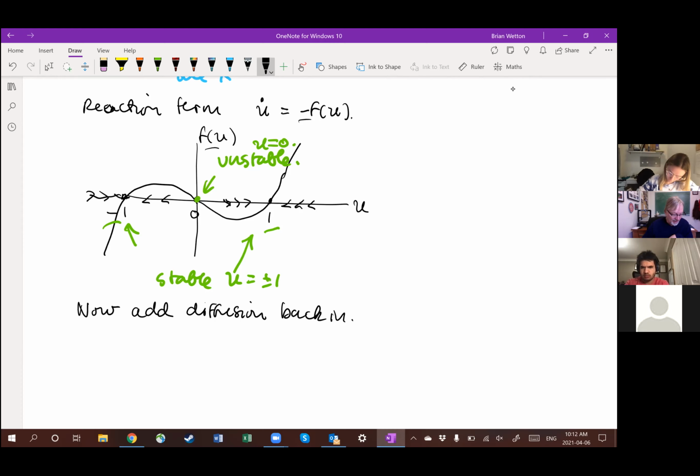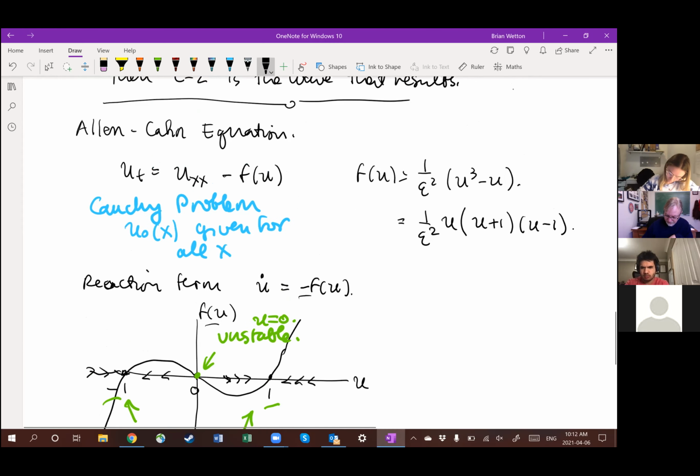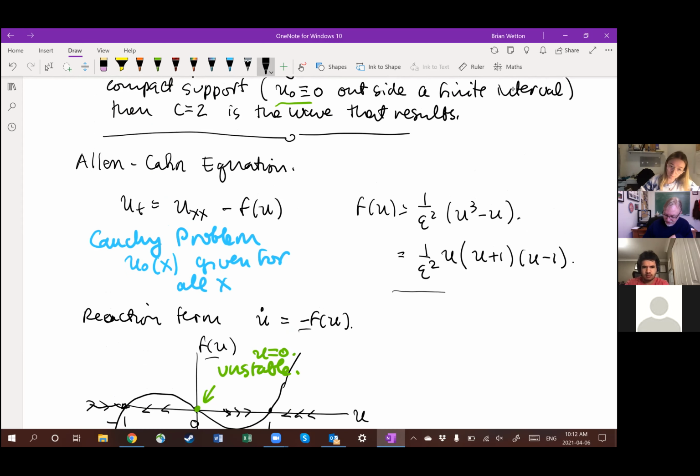Okay, and if you think about it, this reaction term is scaled to be really big. Whenever you see an epsilon, in applied math, you should usually think of it as a small positive parameter. So epsilon going to 0 means the reaction term is really big. Diffusion is small. And so what's going to happen is,